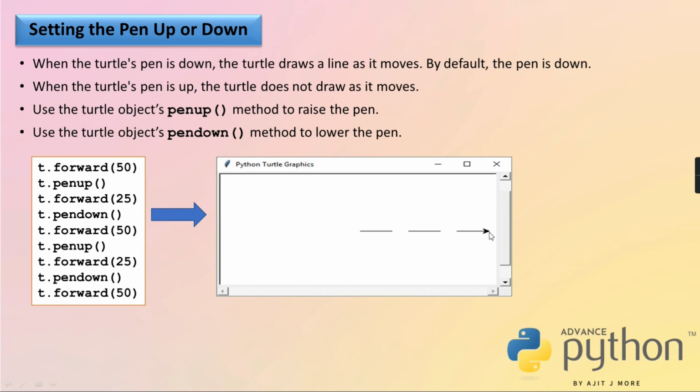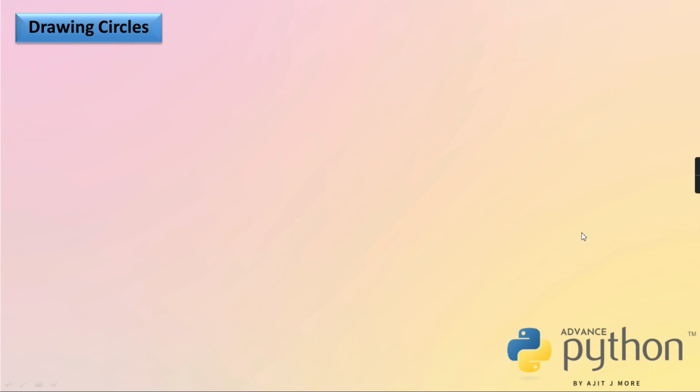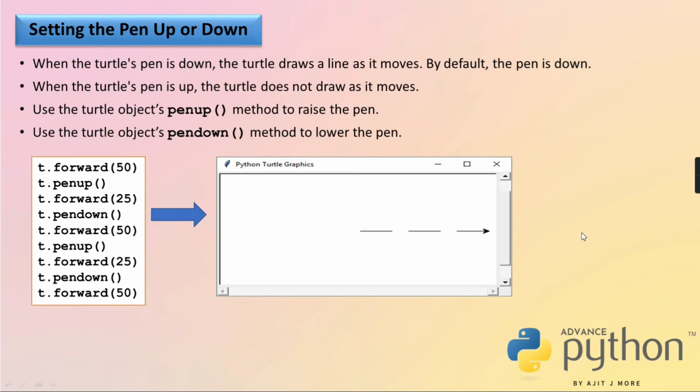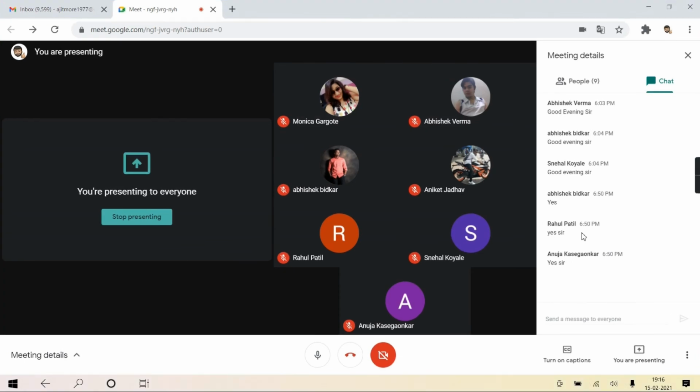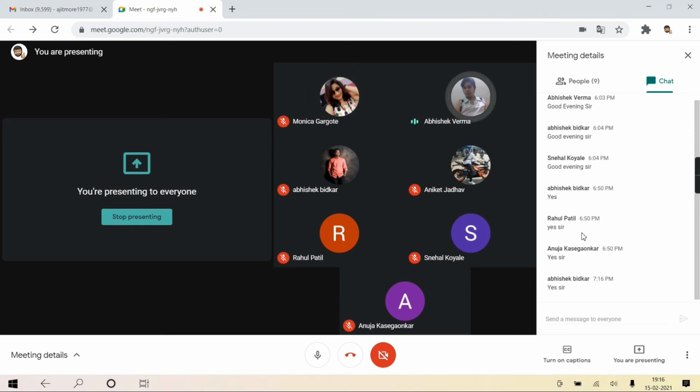Again pen down, forward 50. This will go on. Okay? So I hope you got it. So is the concept of pen up, pen down clear to you guys? Yes, sir. Yes, sir. Sure? Okay, very good.